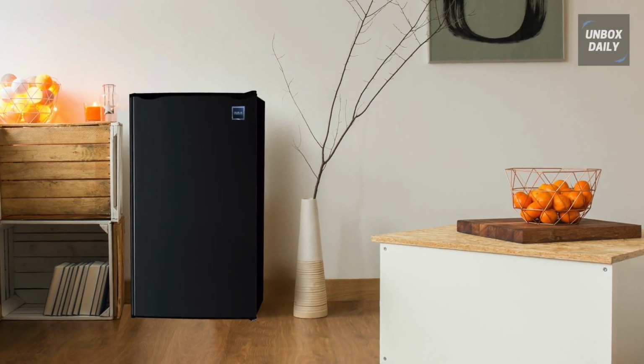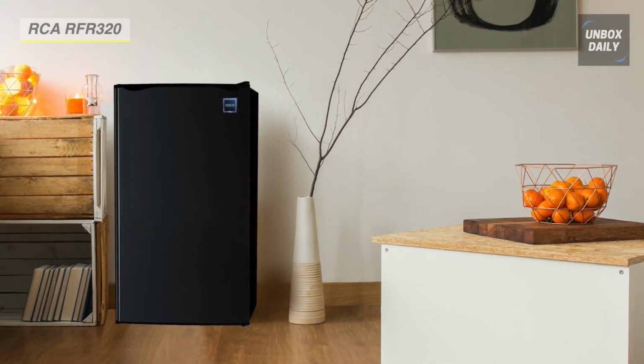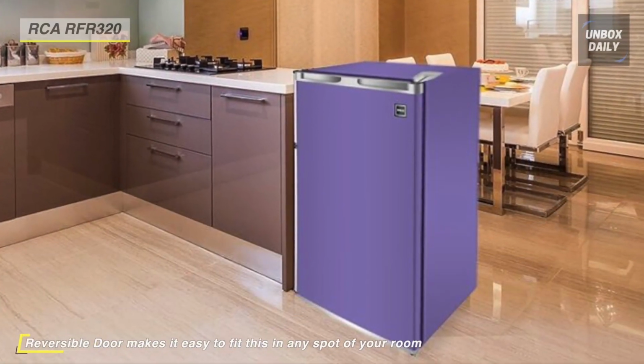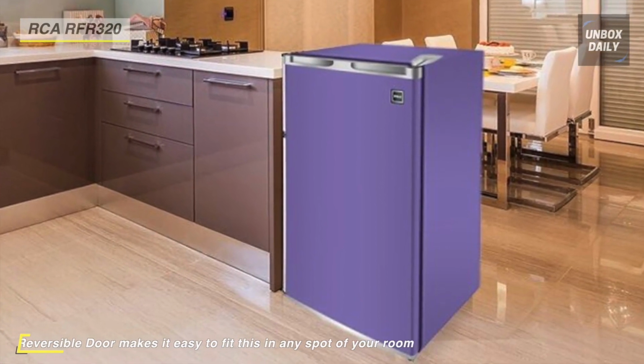The RCA 3.2 cubic feet refrigerator is a suitable choice for small spaces, such as dorms or apartments. Its compact, flat-back design keeps food and drinks cold, while taking up only a small amount of room. This mini fridge features an adjustable thermostat, so you can find the right temperature for keeping different types of edibles